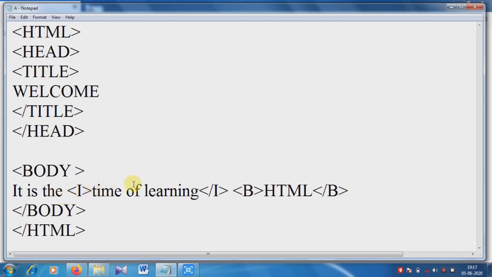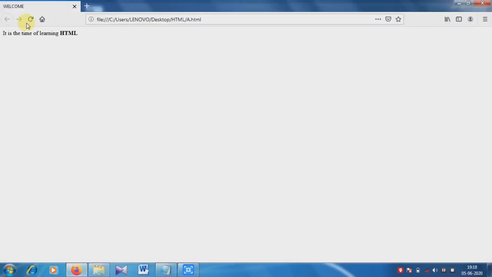I want to give this style only to these three words. That's why I have to put the starting tag just before this word, and the ending tag just after the last word to which you want to give the style. Then save and check the output.